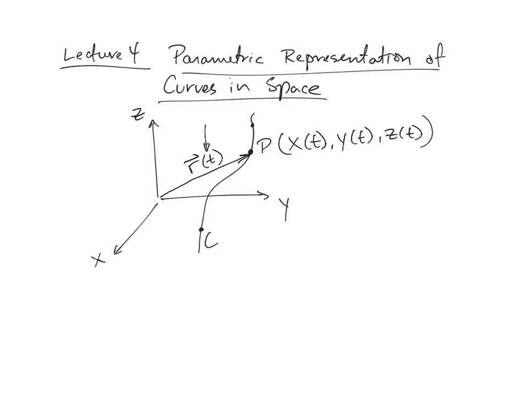So at some point in time, r is pointing down here. Let's say r at t naught. At a particular time t naught, that's where we are on the curve, and therefore we draw the position vector like that. At some later time, r is now pointing up there at t1. So as t varies from t naught to t1, r is always going to start at the origin, and the head of that vector is just going to trace the curve